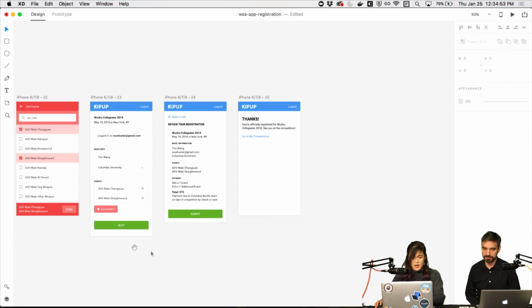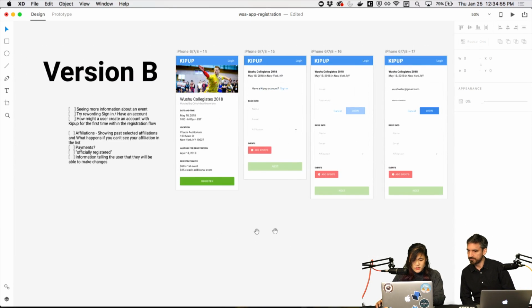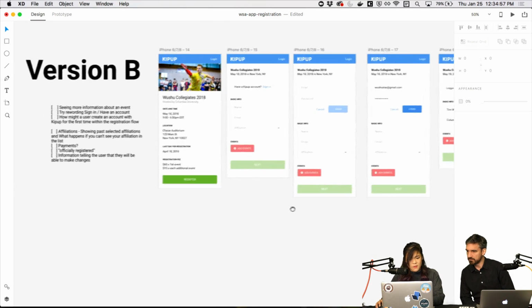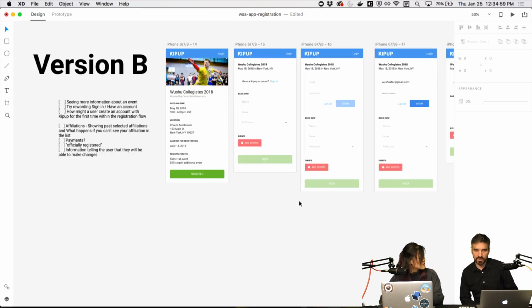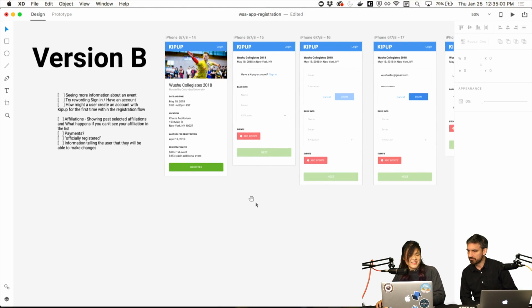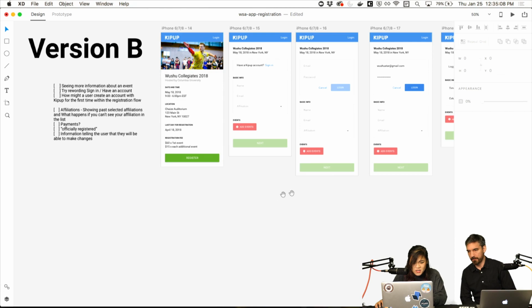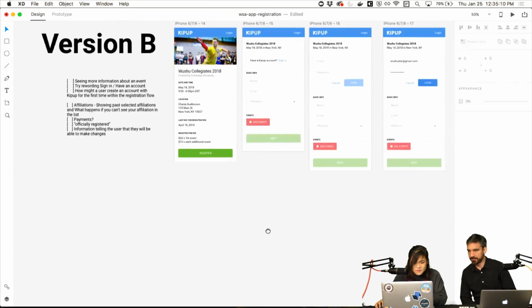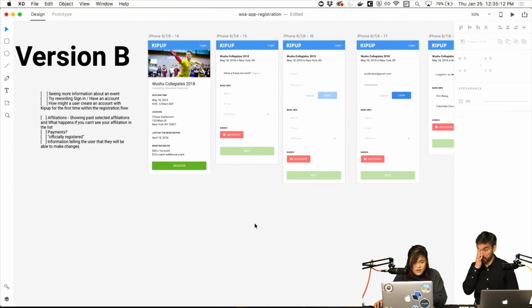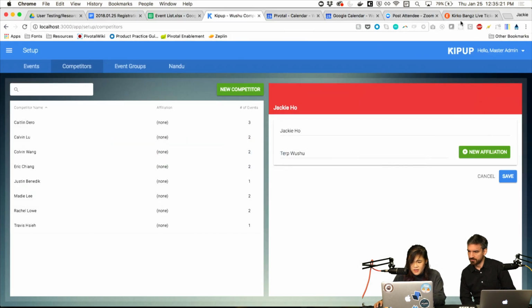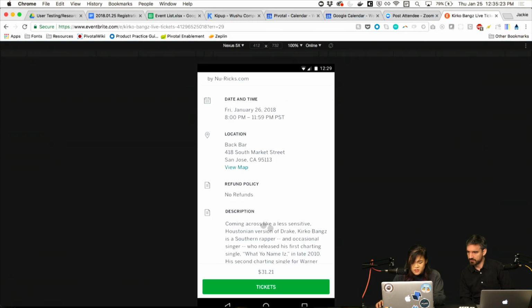Cool. Sweet. So maybe we can just dive into one of these. How much time do we have to work on stuff? If you want to work, you have a big 10 minutes. I would love to. Which one should we go with? Seeing more information. Yeah, that's the blurb. These are all relatively light, straightforward changes. Just to add more information, much like how they do it here, where there's a description.